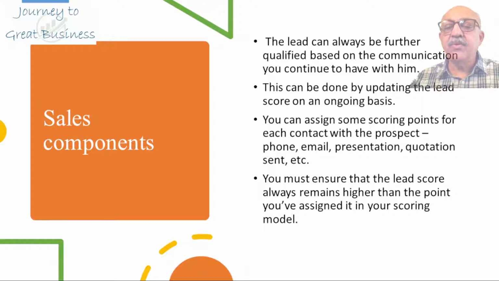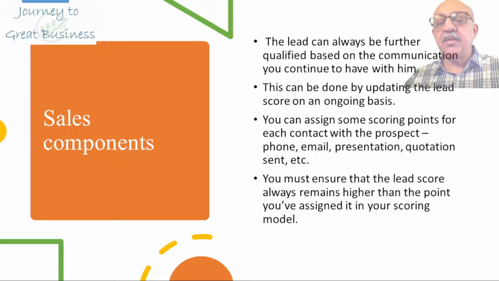In the same way, for whatever you do for a particular lead, which means that you're giving him a quotation, or you've gone and met him, or you've given a presentation to the top management, or you've given a demonstration of your product to them, all of these milestones can have a rating number, which you can keep adding to your lead score, which you had generated at the beginning when you qualified the lead. Now when you add those rating numbers, let's say at some point of time the number of points that you're doing is rising, but your lead score is still above that, then what will happen? You will drop that lead.